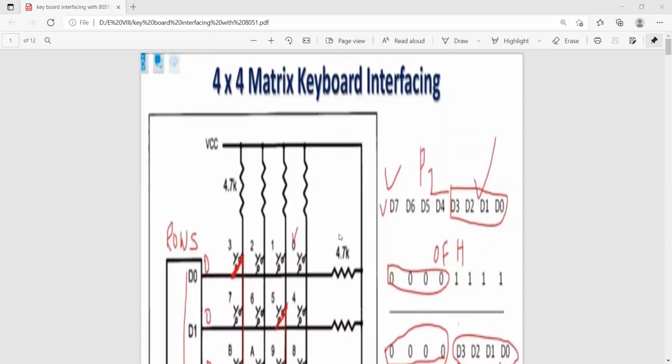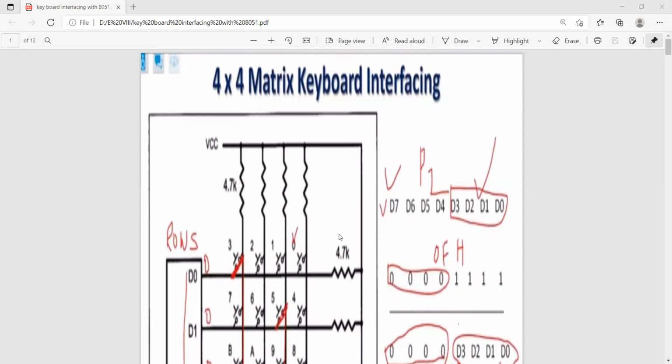We can interface your 8051 microcontroller with a digital to analog converter, an analog to digital converter, temperature sensors, stepper motor, LEDs, etc. You can interface these things to transfer the data from the memory location of the 8051 microcontroller to the outside world.